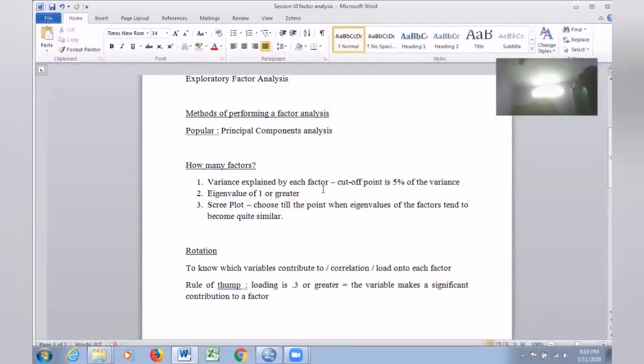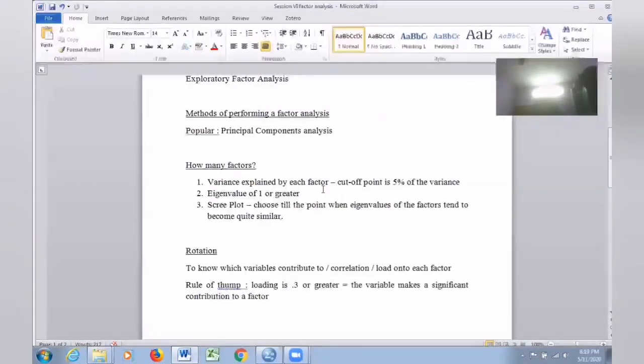One is we should find out what is the variance being explained by each factor. The factors may be 3 or 4 or 5, maybe anything. But what is the percentage of variance explained by each factor? If a factor is contributing at least 5% of the variance, then you can select. So all the factors which are contributing 5 or more than 5% of variance of the questionnaire can be taken as factors.